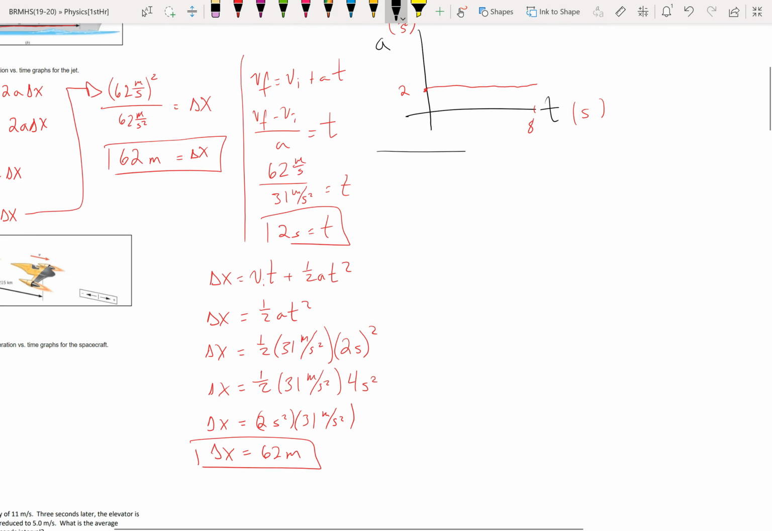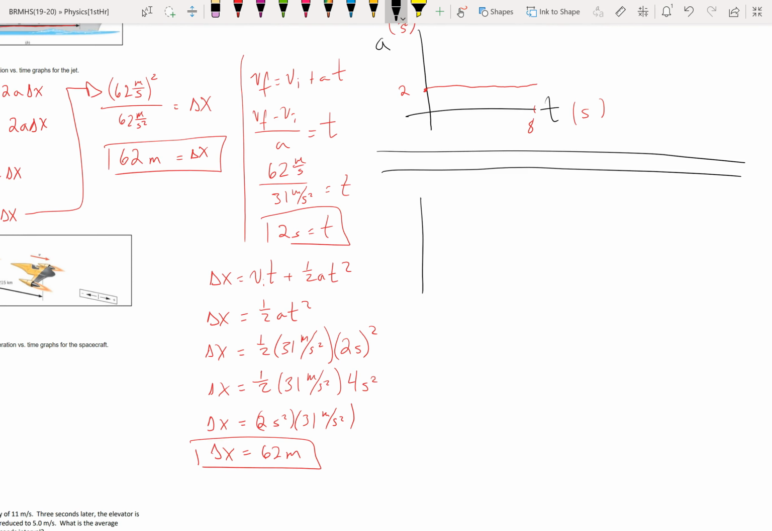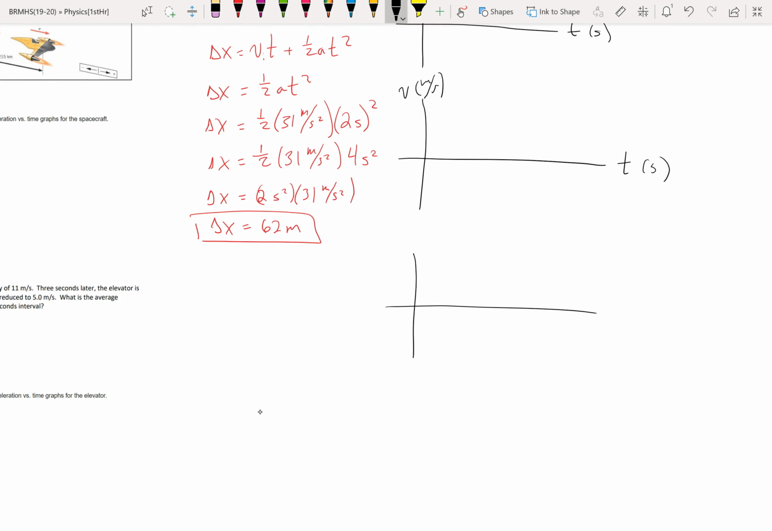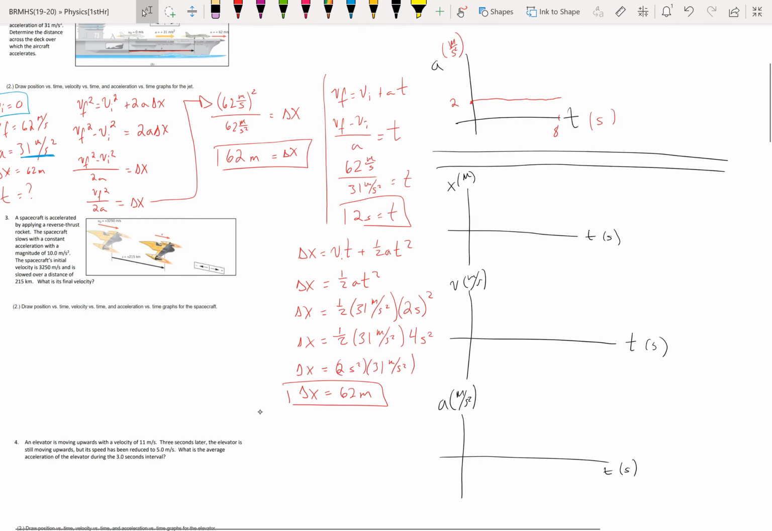Let's do graphs. So here's position x versus t, velocity versus t. Every time I've got to make sure I have my units: meters per second, seconds, and I've got acceleration, meters per second squared, time, seconds. All right, so we have